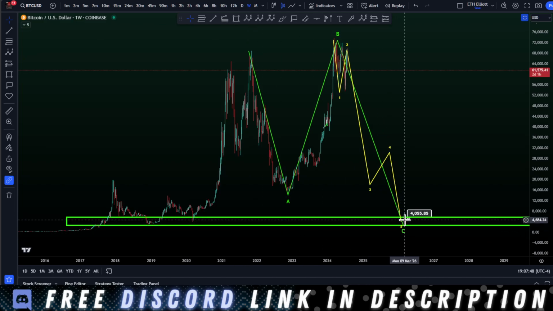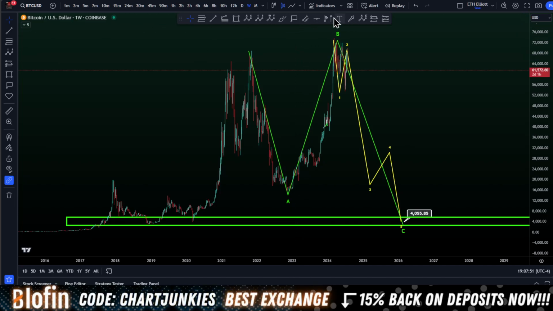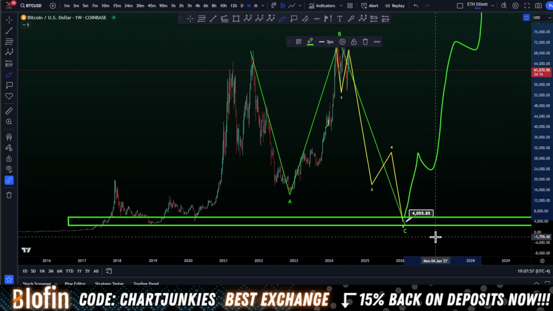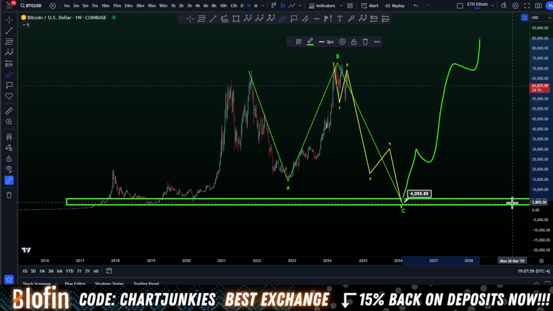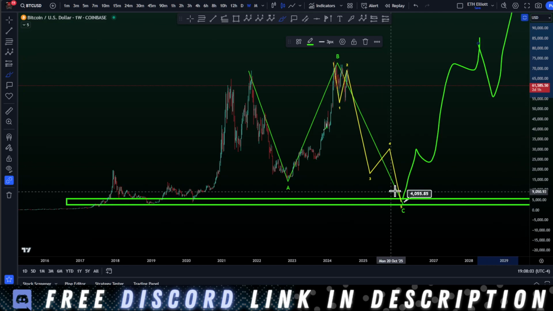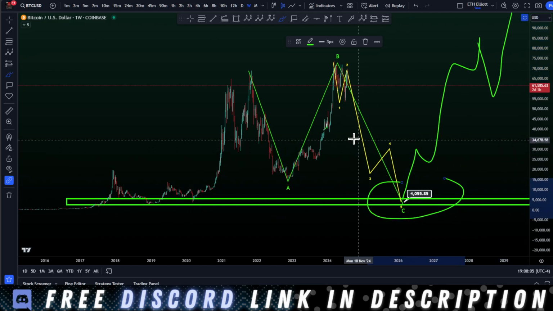But this is what you are looking for. A move like this, and then you get this, the real bull market. You get the real bull run right there. And you go as high as the eye can see after you sweep all this liquidity. That is where I'm at.